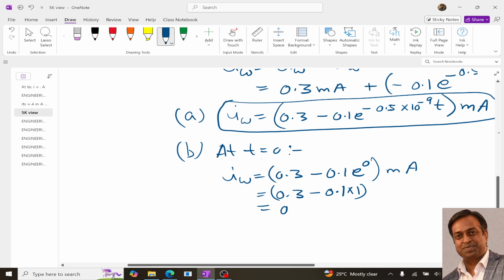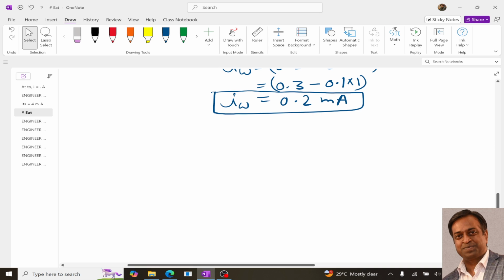So 0.2 milliamperes. This is IW at t equals 0. Now the second part of the question, the second part of B, is asking what the current IW is at t equals 1.3 nanoseconds. So at t equals 1.3 nanoseconds, our IW will be 0.3